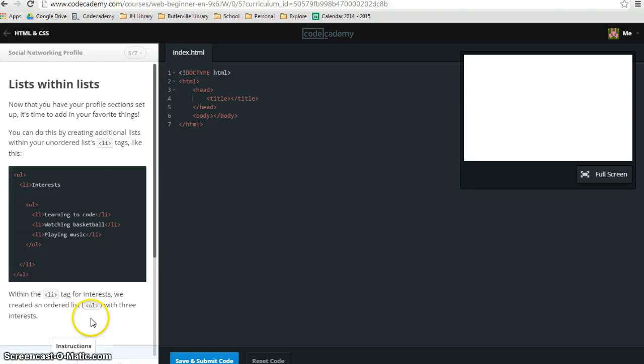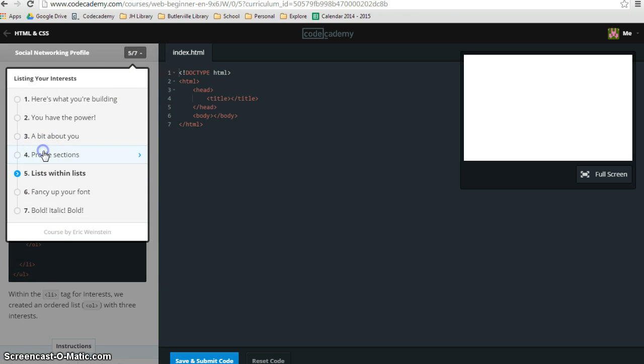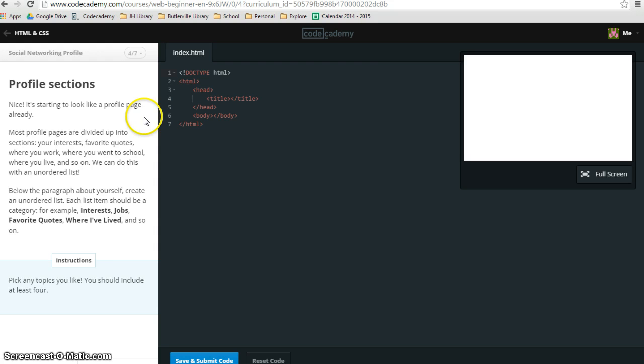If you are stuck on social networking profile 5 out of 7, more than likely the issue is actually with 4 out of 7. So you're going to need to go back to 4 and make sure you set up 4 properly before you can do 5. So if you look at what 4 says,